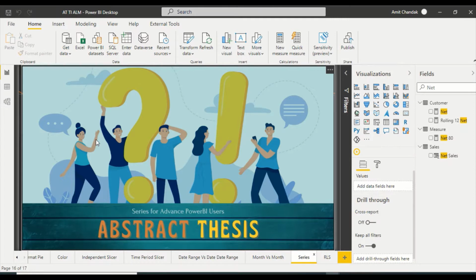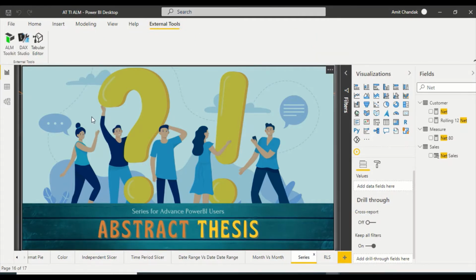Now, that feature right now is not available directly in Power BI. The feature is available in the external tools. So what we are going to do here is use a new tool, Tabular Editor. The way here is to search on Google for Tabular Editor for Power BI and go ahead and install it. Let's look at this tool. Then you will be able to see it in your external tools section.